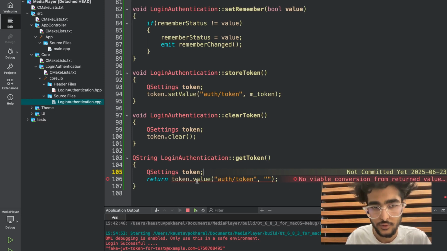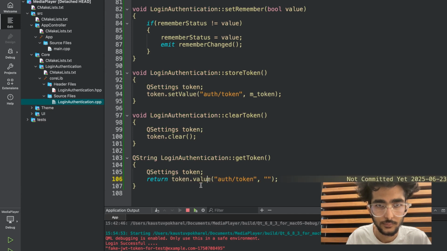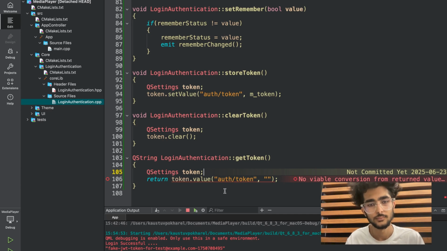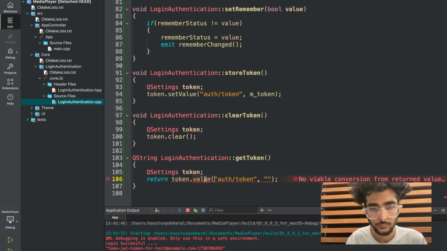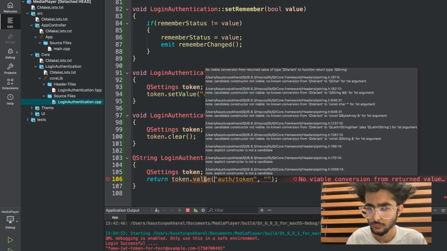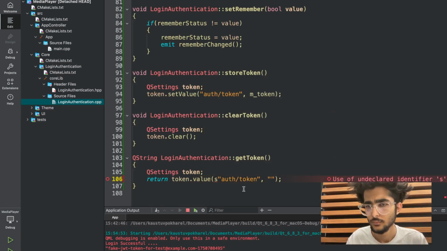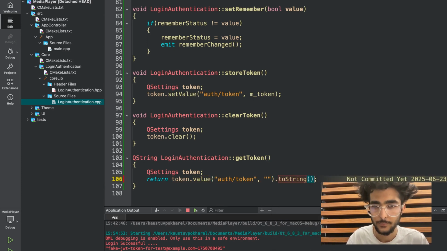No viable conversion. No viable conversion for return value. Okay, this token to value is not returning type of QString, so dot toString. See, I'm still looking at the error and then fixing the code, right? So here,